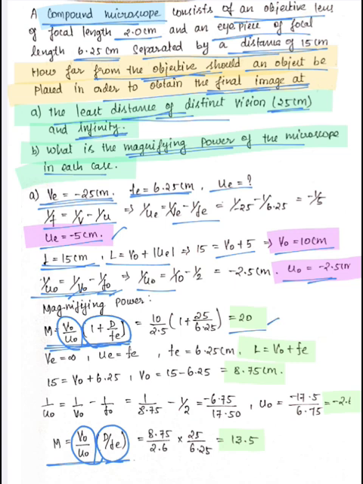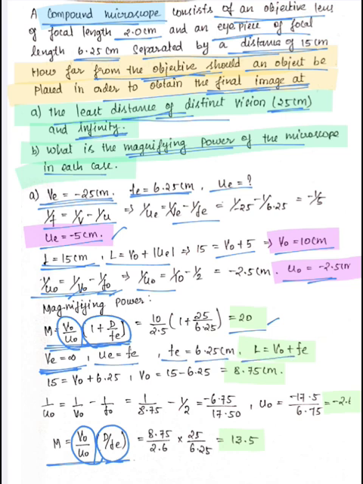Similarly, we find the object distance from the objective for the image formation at the infinity position. Here the final image is formed at infinity. The final image is formed by the eyepiece, and the image distance of the eyepiece is VE, which is equal to infinity. And when the image forms at infinity, the object is at the focus. So the object distance of the eyepiece is FE, the focal length. We know the focal length is given in the question, that is FE equal to 6.25 cm, and from the tube length,